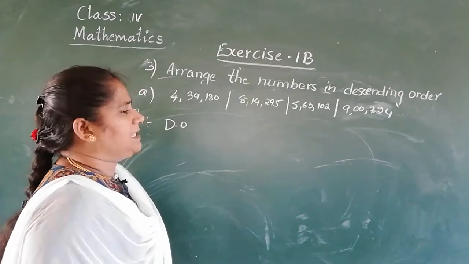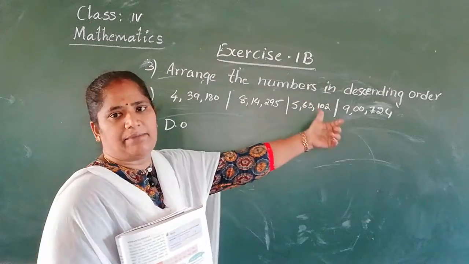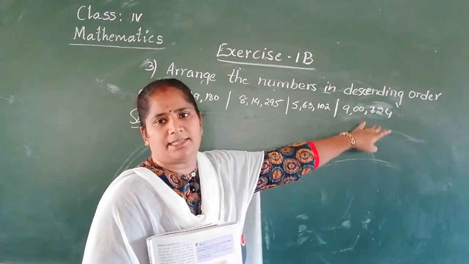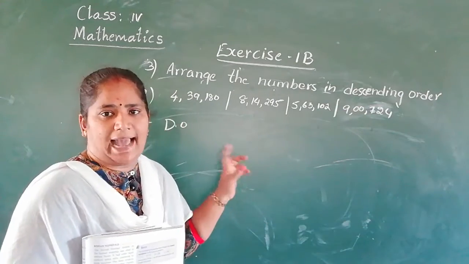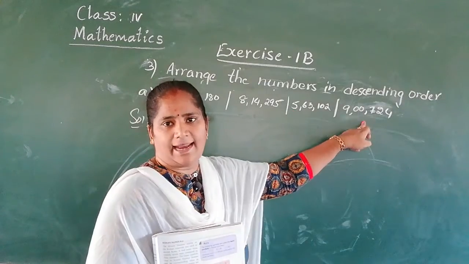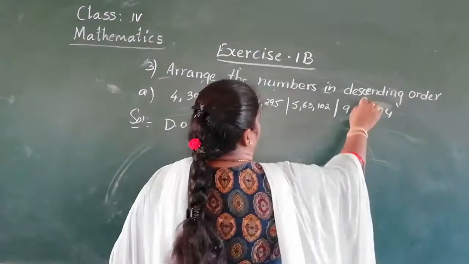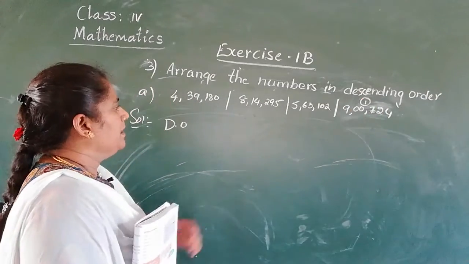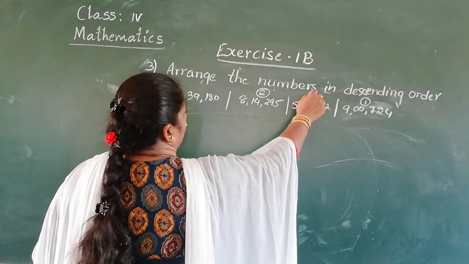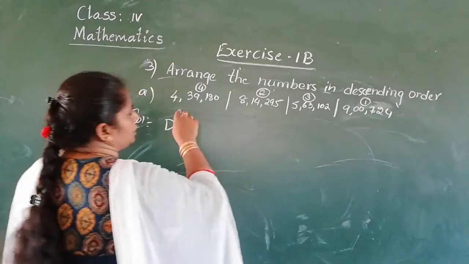Yes, which one is the biggest one? First you check it, all numbers have the same number of digits. So this is a 6-digit number, 6-digit, 6-digit, 6-digit number. Now you see the lakh place. 4 lakh, 8 lakh, 5 lakh, 9 lakh. Yes, 9 is the biggest number. So 9 lakh, give the number 1 for that. Next, 8 lakh. Next, 5. Next, 4. So biggest to smallest.